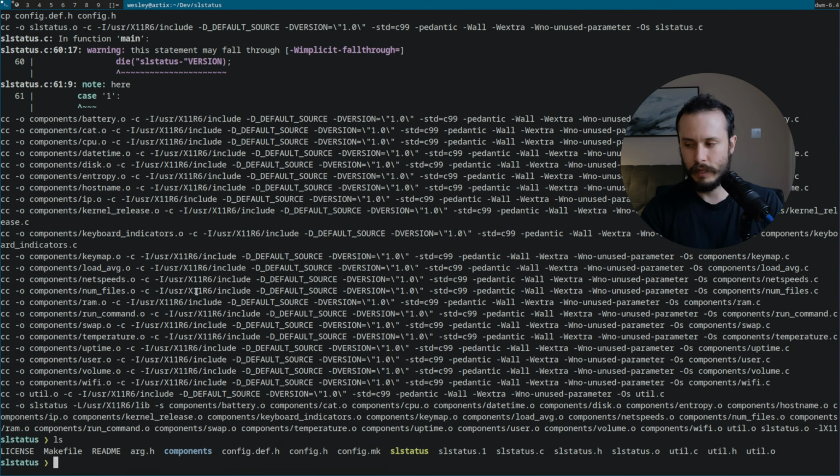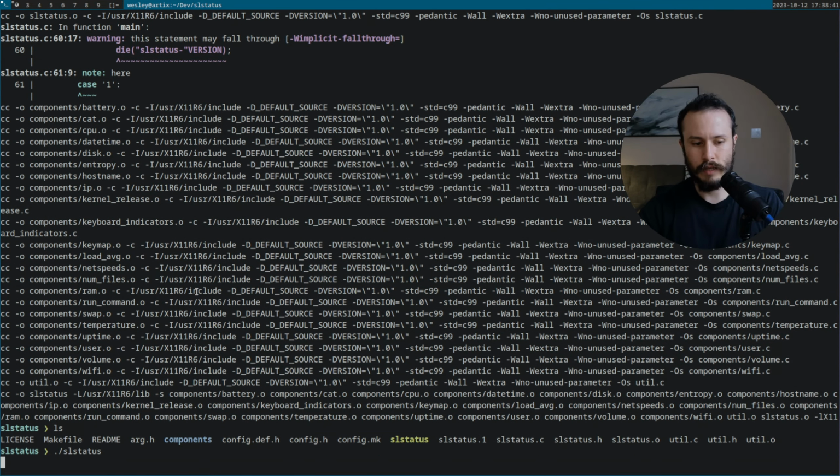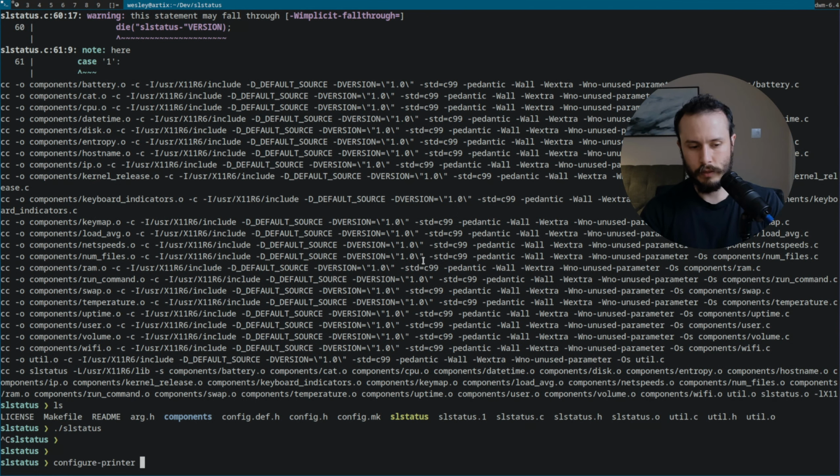So I've got my executable there. I'm going to run SL status. And it starts by giving me a bar. And all it has is the date and time up there. Okay, but there's a lot of things we can do to configure it. So I'm going to go to the config.h